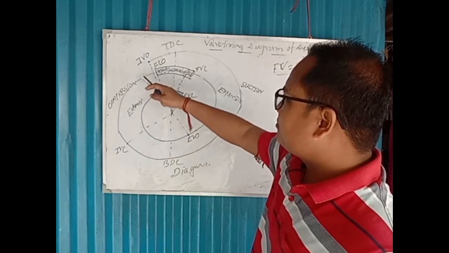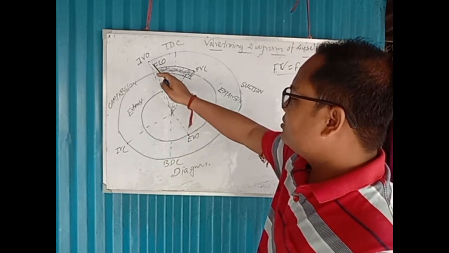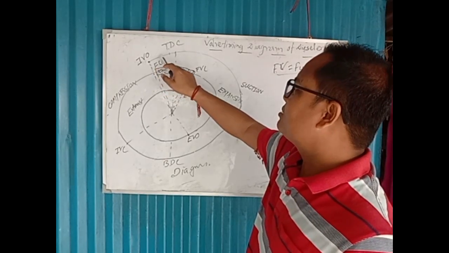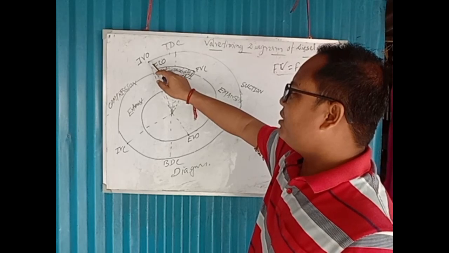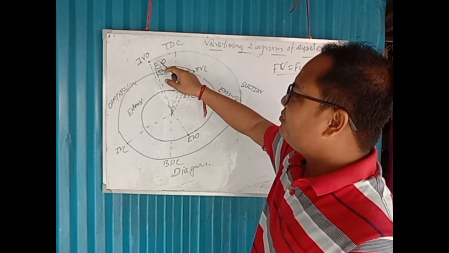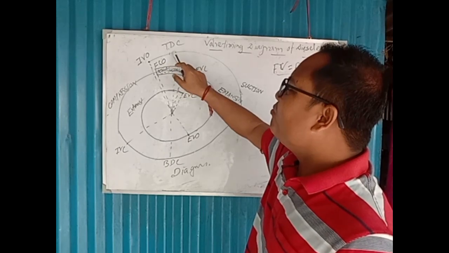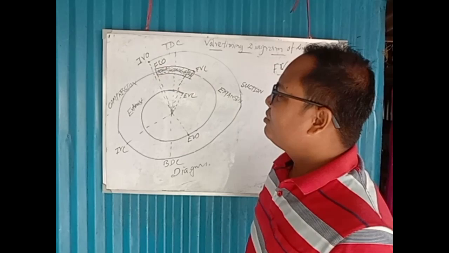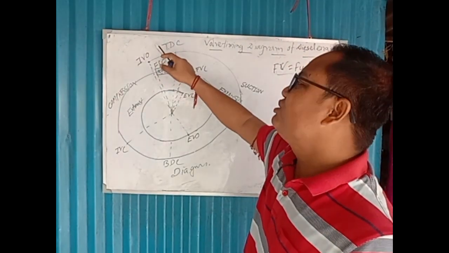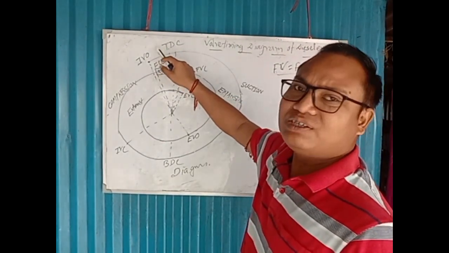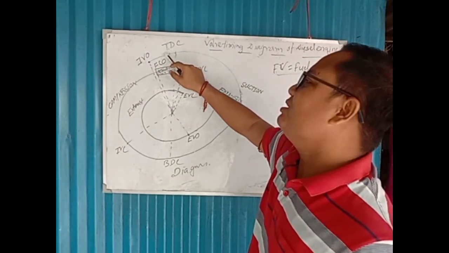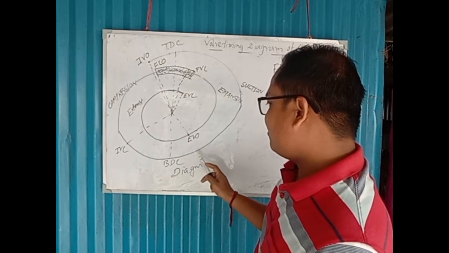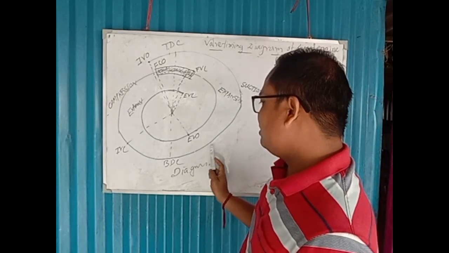Here, let's see. This is the starting point of this cycle. At this point, 10 to 20 degrees before TDC, the inlet valve is open, so that only the fresh air charge enters the cylinder at the time of the suction stroke. This is the suction stroke. It goes on up to